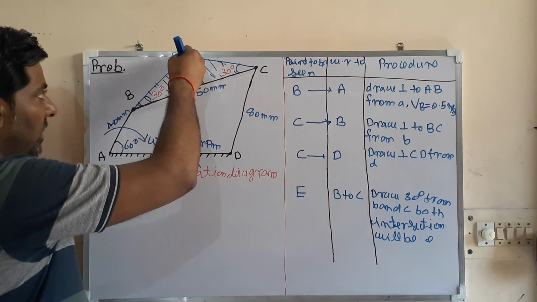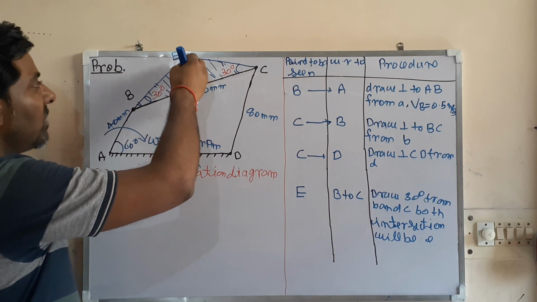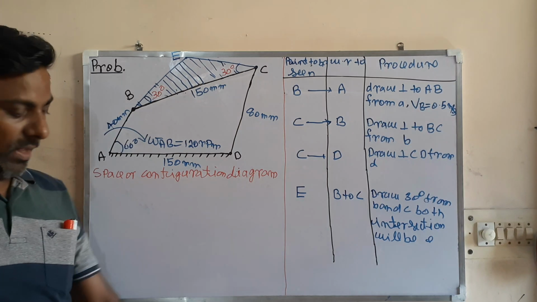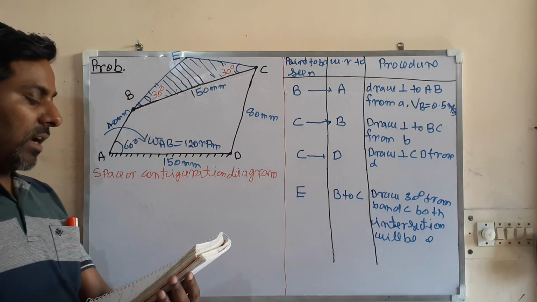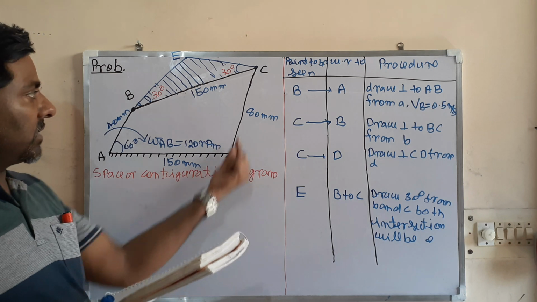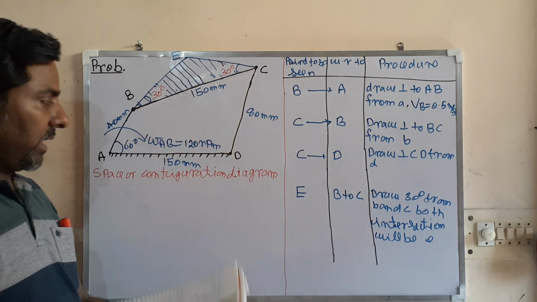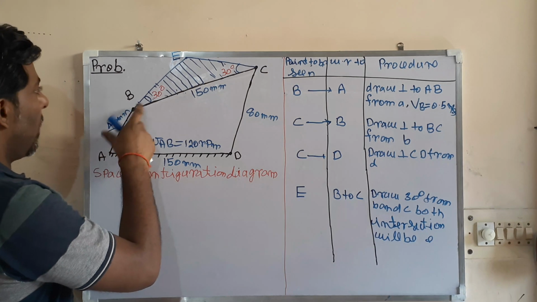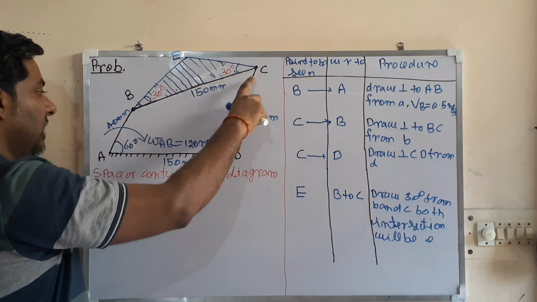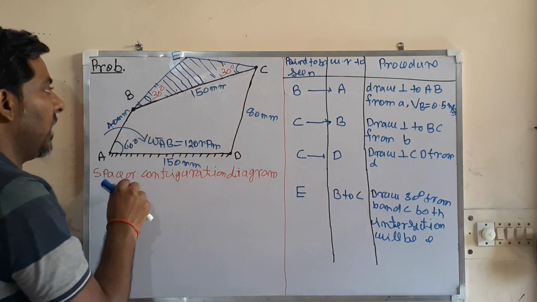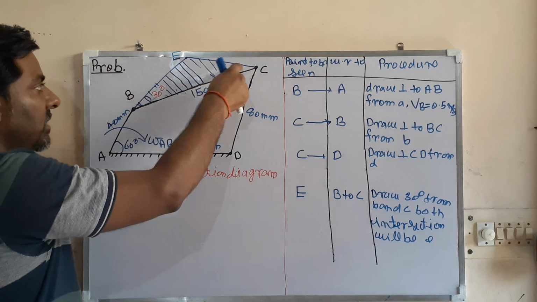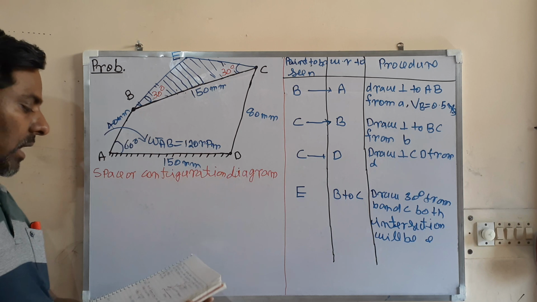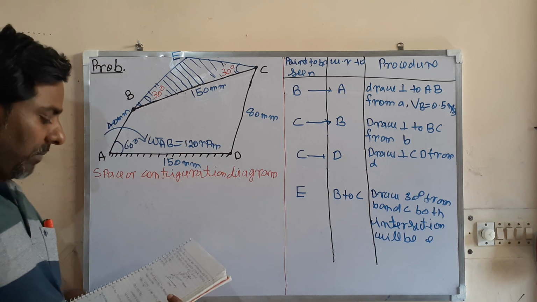So also he is asking what is the velocity of point A. They are also asking the angular velocity of this link CD. In the figure they have given this is 40 mm, this is 150 mm, this is 80 mm, and this is 150 mm. This angle and this angle are both 30 degrees.